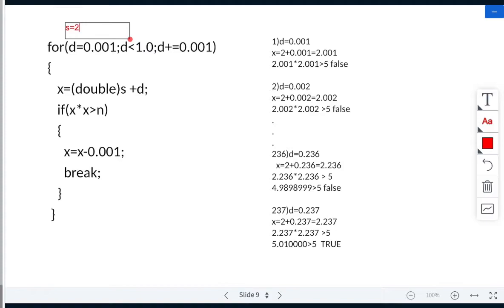I got s is equal to 2. Everyone knows s is equal to 2. Now your fractional part, that's your 0.236, should be between 0.001 to.